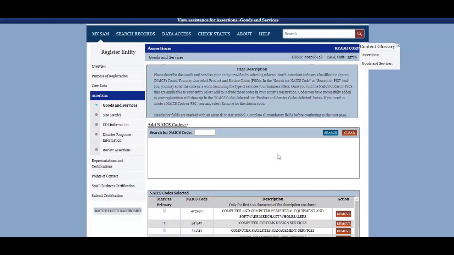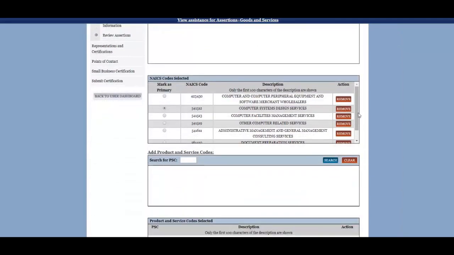Let's see, it says here, please describe the goods and services your entity provides by selecting relevant North American Industry Classification System, or NAICS, codes. You may also select products and service codes. So what we have here listed for our